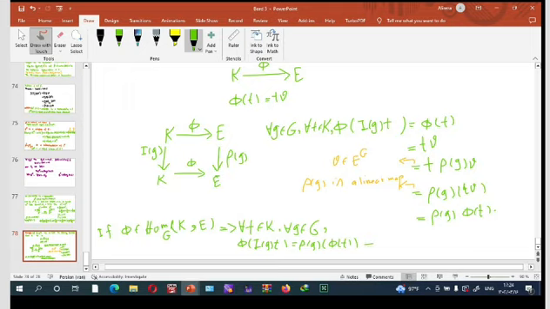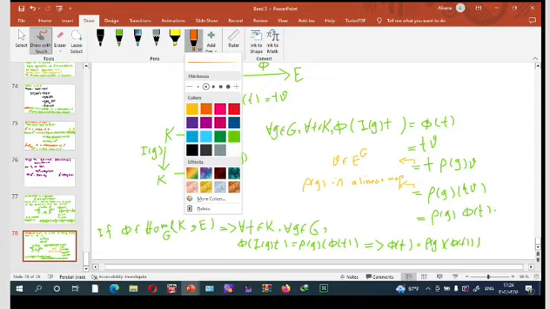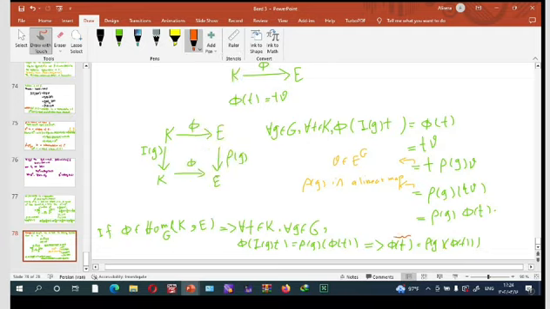Or equivalently, phi of t, because this is identity map, equal to rho of g of phi of t. This shows that this element, if we denoted this by v, for example, this v must belong to E^G, or E to the power of G,